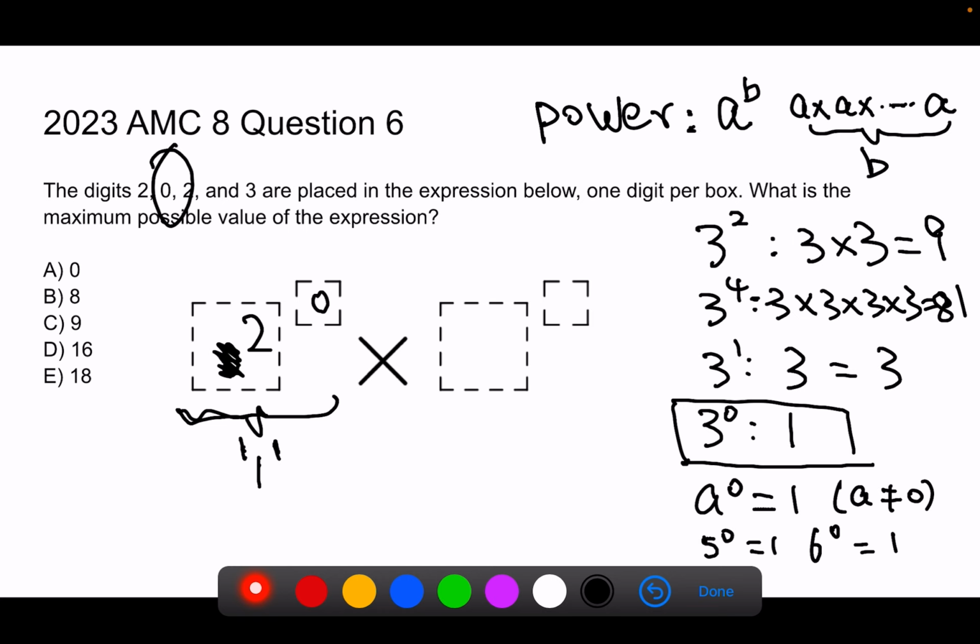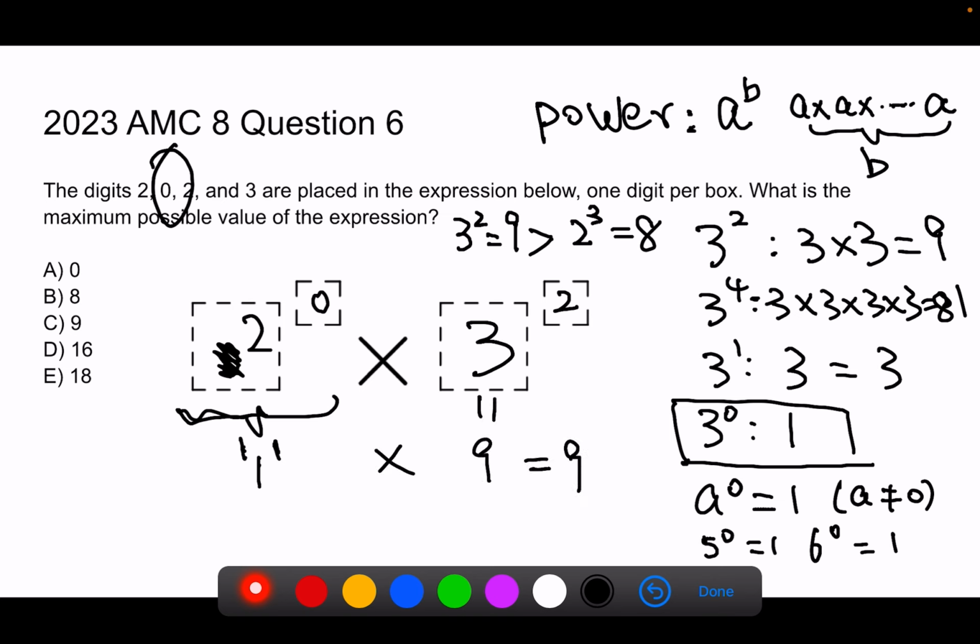Now for what's remaining, you basically have two choices, 3 power 2 or 2 power 3. Well, what is 3 power 2? 3 power 2 is 3 times 3, so that is 9. What is 2 power 3? 2 power 3 is 2 times 2 times 2, which is 8. And 9 is larger than 8. So I am going to put 3 here and 2 as the power. And this whole thing is equal to 1 times 9, equal to 9. The answer is